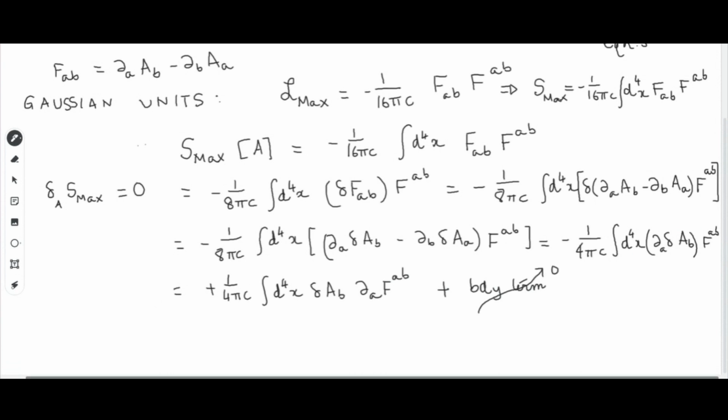By our boundary conditions, which I have discussed earlier. So now we have this term, we have a delta A B. So for arbitrary infinitesimal variations of A, the 4-vector A, this will have to vanish, which means I get